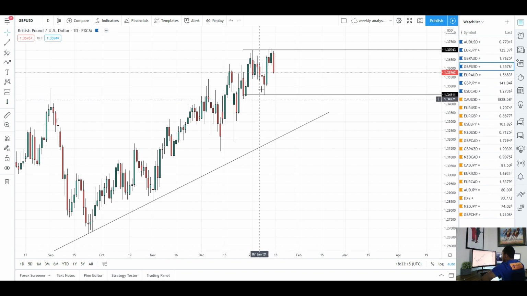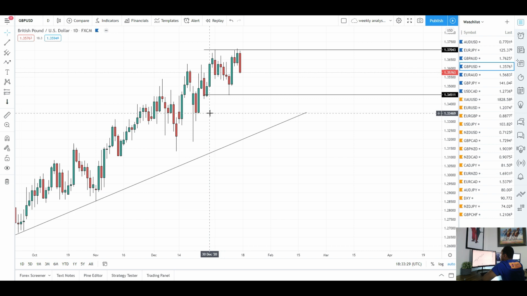So if you get a close below this level and hold, you'd probably expect price to come and test that daily trend line again, and then you see a bounce or maybe a break of that trend line. It depends how the price action is looking when we get there. But for now, they do have that very strong engulfing candle for GBP/USD. Expect that momentum to take us to the downside